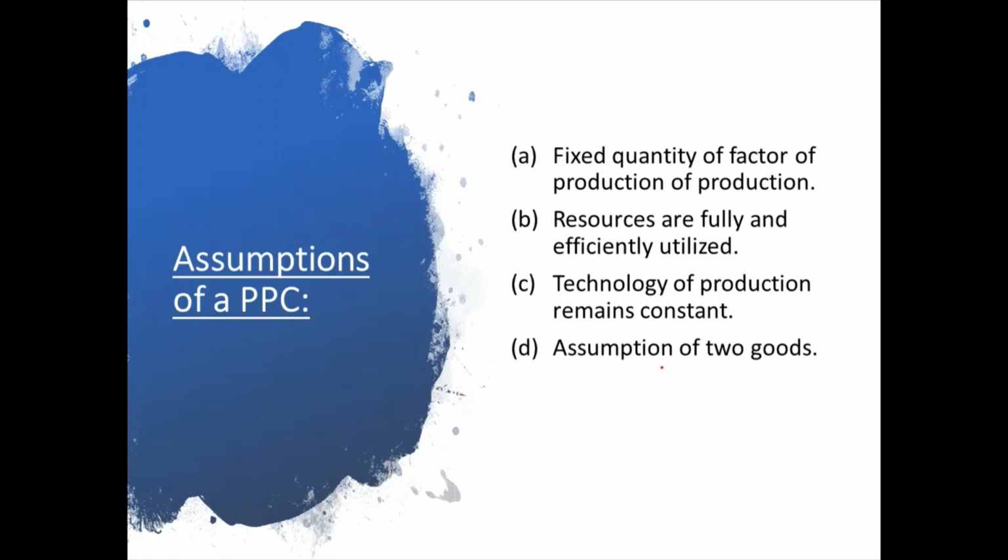And the last assumption, but very important, is that the economy is producing only two goods. This is what I said in the last slide. Economics is based on assumptions, this is one point I have been told by my teachers. So the assumption is that the economy is producing only two goods. That is one assumption that PPC makes. We can say the two goods are X and Y, or guns and butter, or cloth and food. Any two goods you can take, but just two goods.